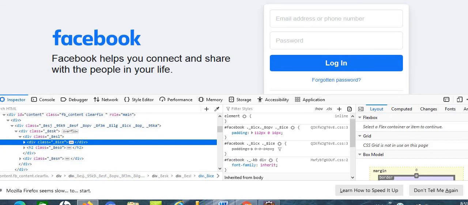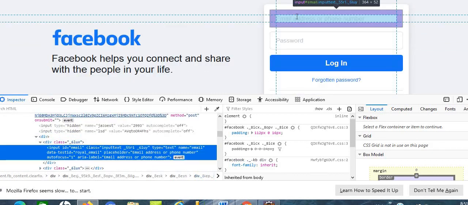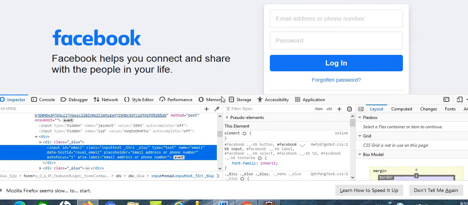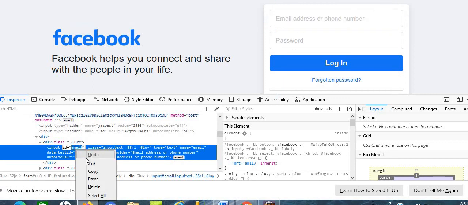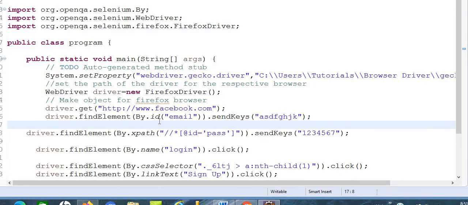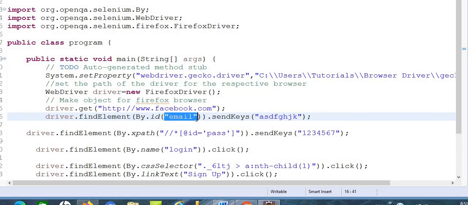This is the mailbox. Just click on it and here it's showing. I am taking the ID, so the ID value is email. Just copy this value with a right click, and paste this value in these boxes.